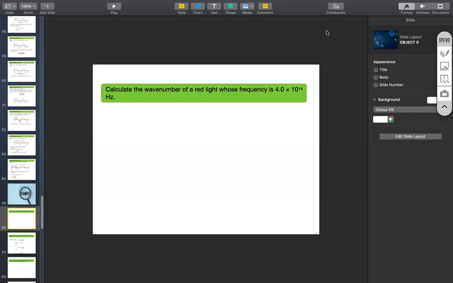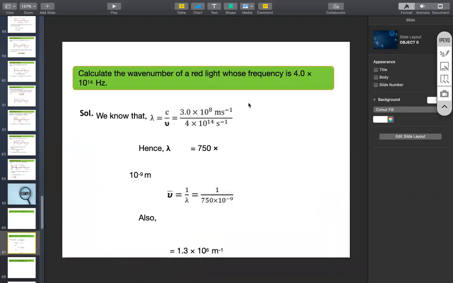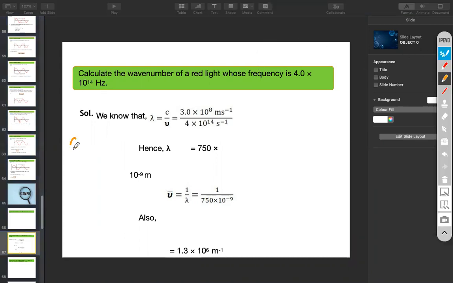Okay, fine. Guys, this is the solution. If you have any doubt, please ask. Lambda is equals to c by frequency. Because I told you speed of light is frequency into lambda. C is equals to f lambda. You can remember like this. F is the frequency or mu is the frequency. Or you can remember C is equals to mu lambda. Right? C is equals to mu lambda.